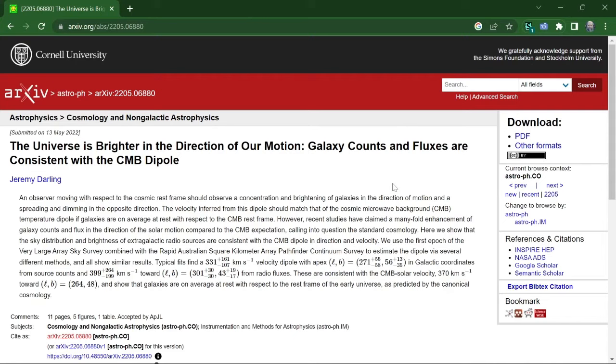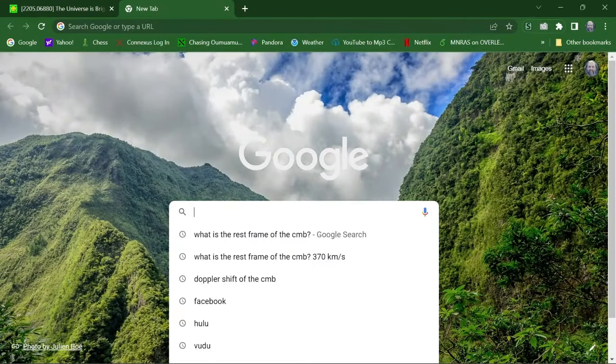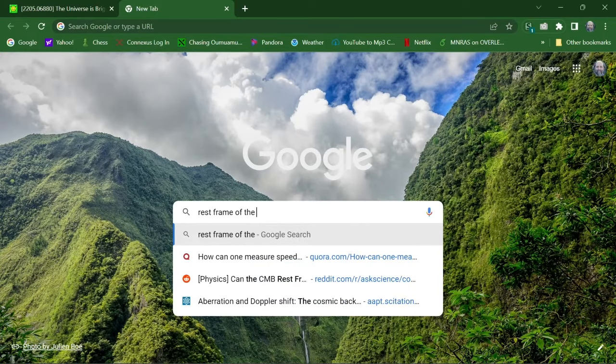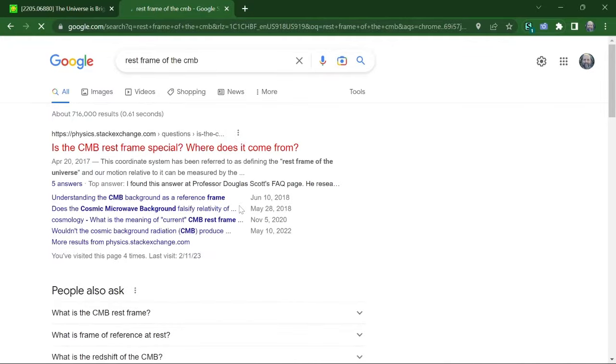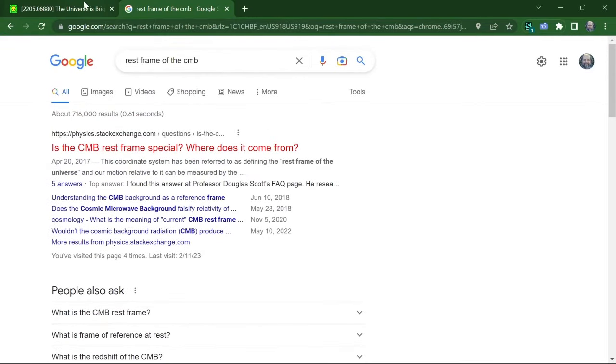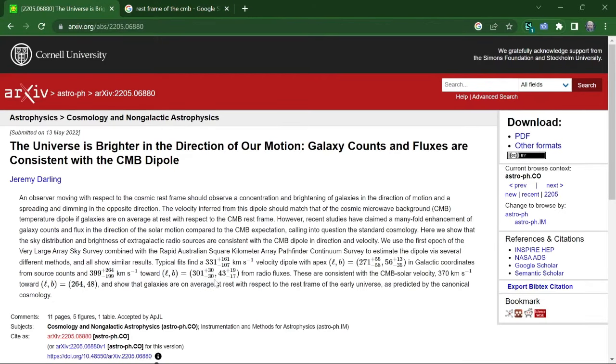Not being a professional astronomer, I don't know the exact direction by which the CMB is Doppler shifted, but if you Google something like rest frame of the CMB and so forth, and just kind of explore all the links in there, I found one that kind of explains it very well, and I'm sure a professional astronomer would be able to look at these directions and find what direction in the sky we would have to move in and at what velocity in order to come to rest with